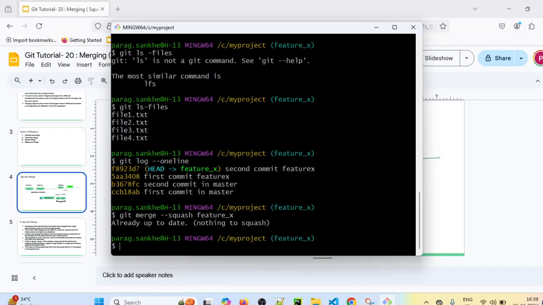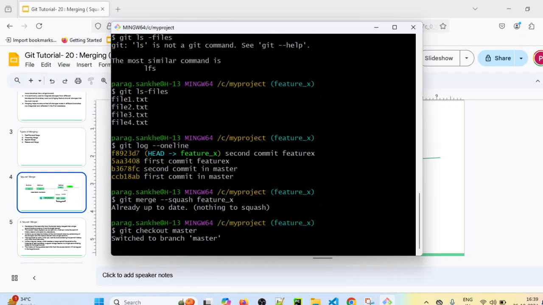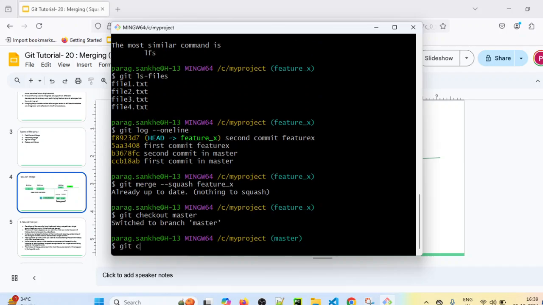So what we have done incorrectly is, we are still on feature X branch. Whenever we want to merge, we should first check out to the master branch, and only then can we merge that branch. So git checkout master. Now we can use git merge --squash feature X branch.